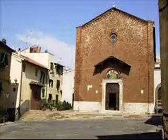Concattedrale di Sant'Antimo Martire, the co-cathedral of Sant'Antimo the Martyr. As often happens, the church was built where there had previously been a religious building. It was the hermitage of San Michele Arcangelo of the Augustinian friars, who had settled in Piombino after 1256, when the hermits from Falcone and Palmaiola had moved to Piombino following the general reunification of these friars, as decreed by